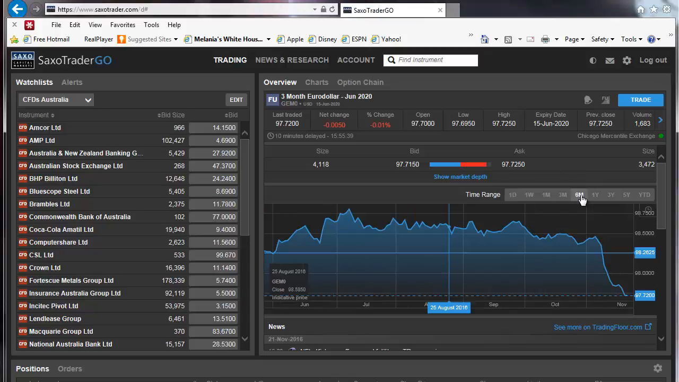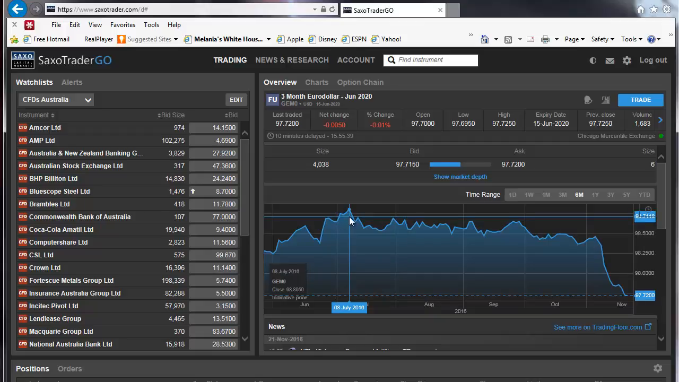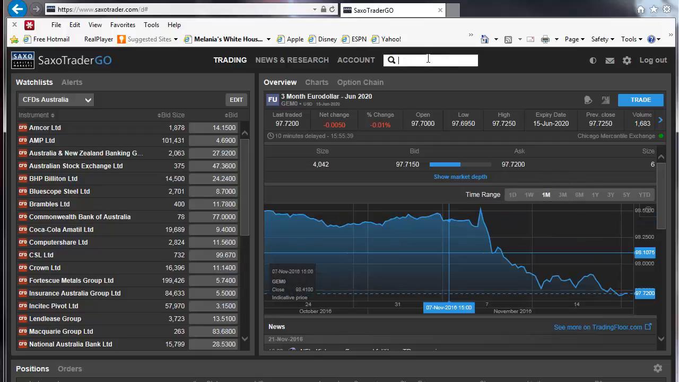So let's step across and have a look at a 6-month chart and let's see where that peak was. So there's the August one, and there was one here, August again, and here the peak is at the 8th of July. So that's pretty well coincident with the TLT chart. So I'm going to reset it to 1 month, and I'm just going to have a quick look